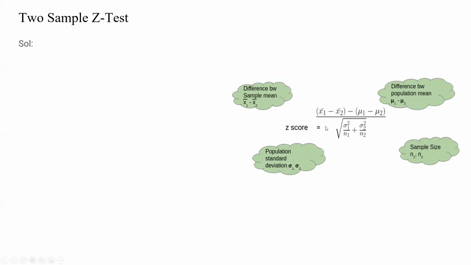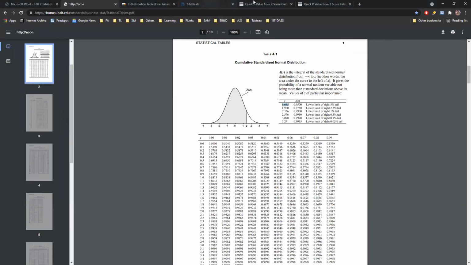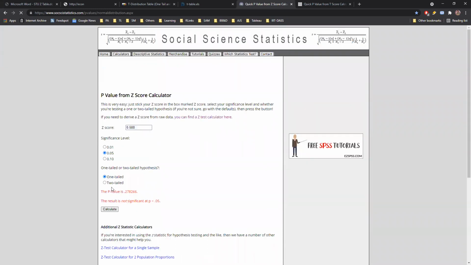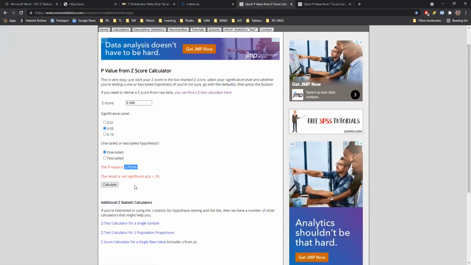Using this formula, we calculate the Z-score for our example, which turns out to be 0.588, and we'll go ahead and calculate the p-value for 0.588, and level of significance is that, and it's still a one-tail test. Though we are dealing with two samples, it's still a one-tail test. We'll select one-tail test and we'll get the p-value to be 0.27, which is actually greater than our level of